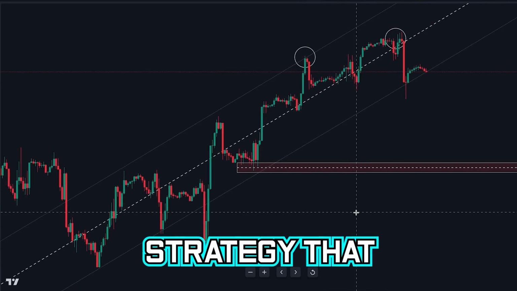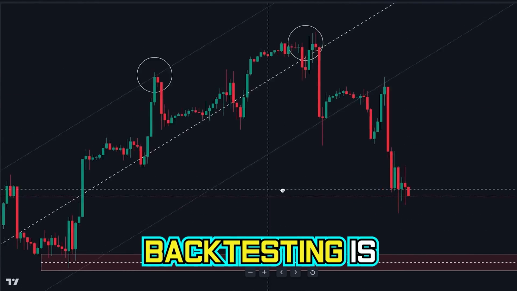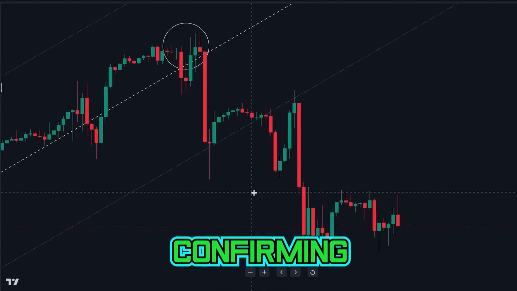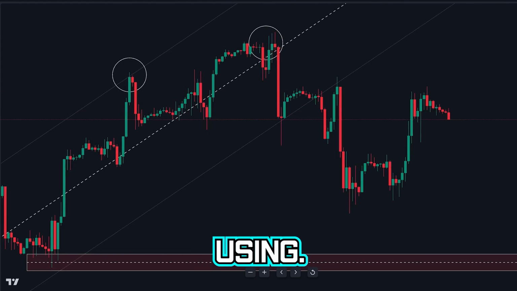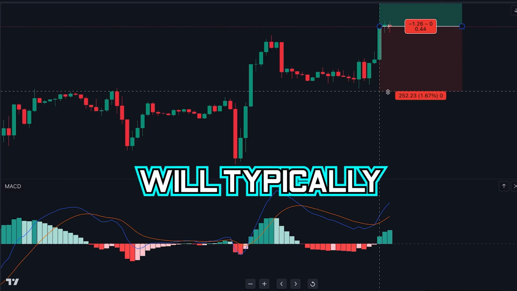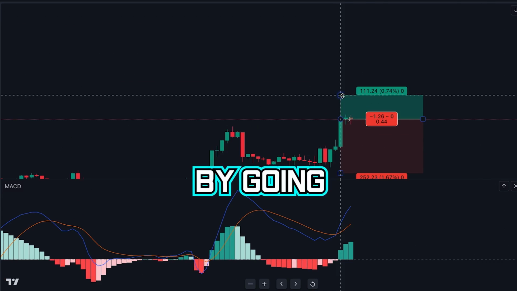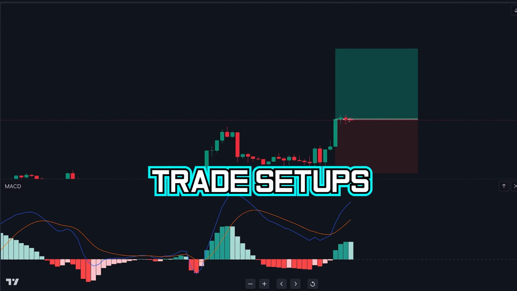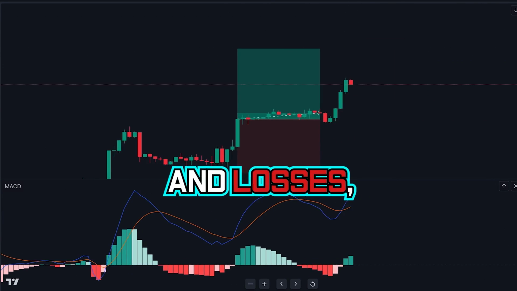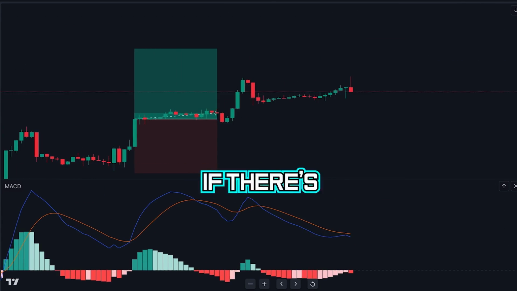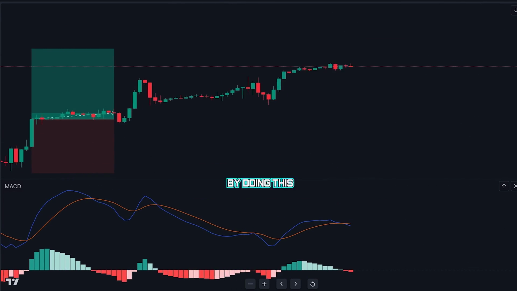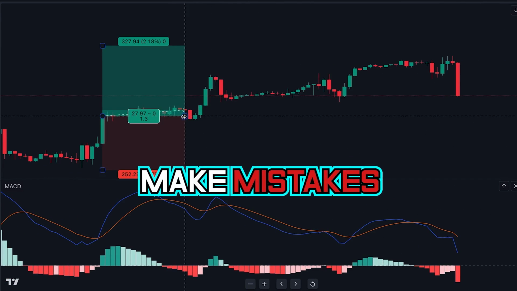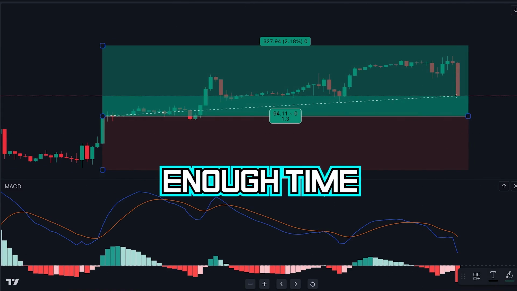With any strategy that you develop, every trader knows that backtesting is an essential part of confirming if the strategy is worth using. To do this, traders will typically manually perform this backtest by going through the chart to find all trade setups and writing down the wins and losses, then doing the calculations to see if there's an edge. However, by doing this manually, you often make mistakes and you simply do not have enough time to go through